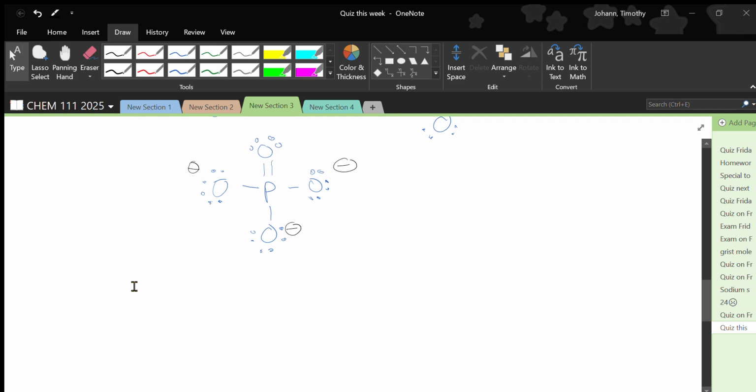All right, so another thing that'll come up in organic, and I want you to be aware of, is that we've been doing things with one center atom, right? I'm not going to test you on something with more than one center atom, but I want you to know what they look like. All right, and your book does this as well. So this is the structure of drinking alcohol,